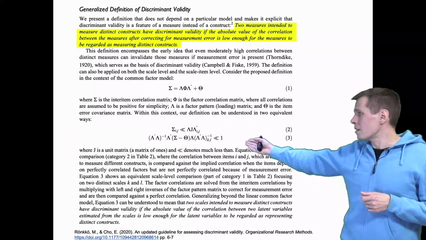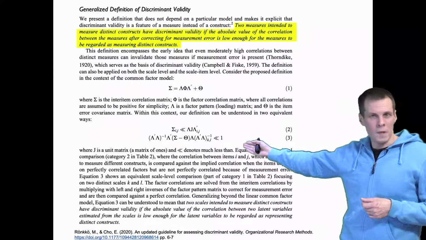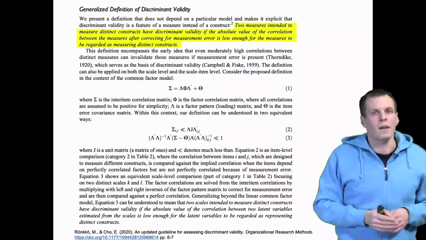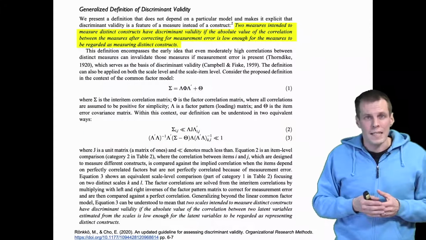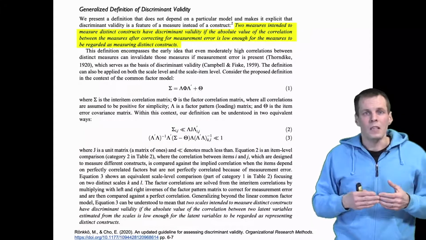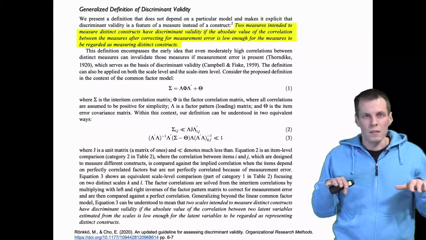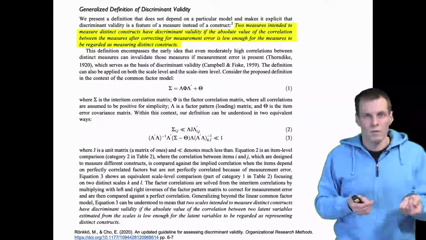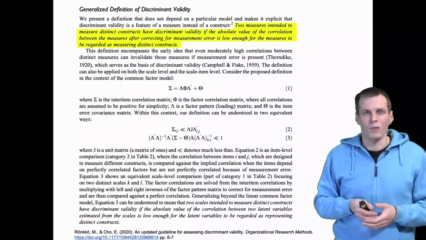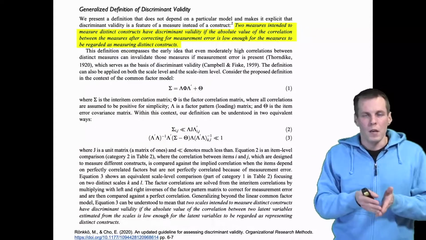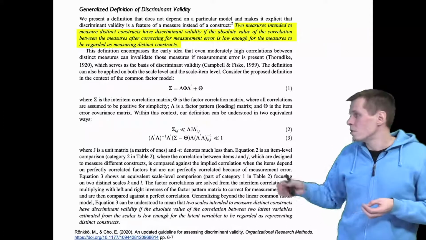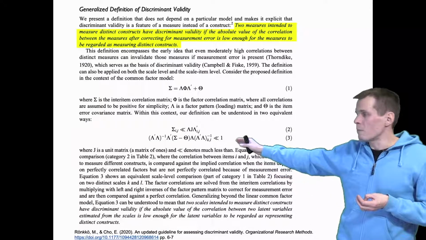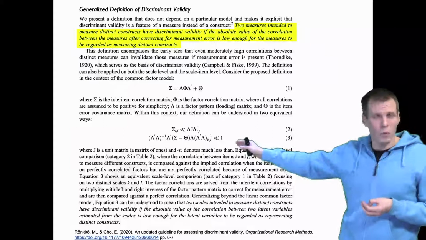Then we have this monstrosity here, which basically says that two factors estimated from the data that are supposed to represent two different constructs, their correlation should be well below 1. How much is well below? That is something that I will address a bit later in this video, but this is pretty much compatible with